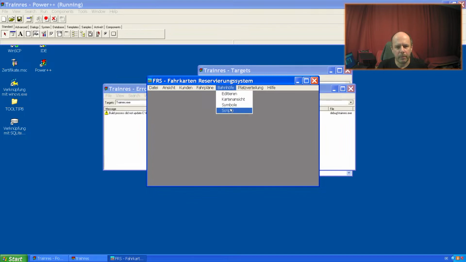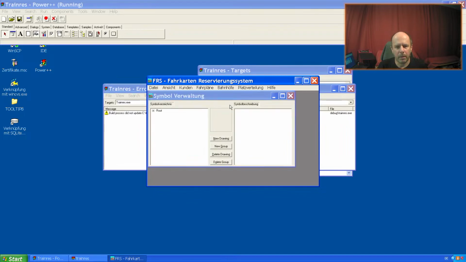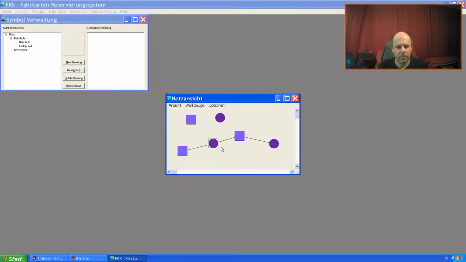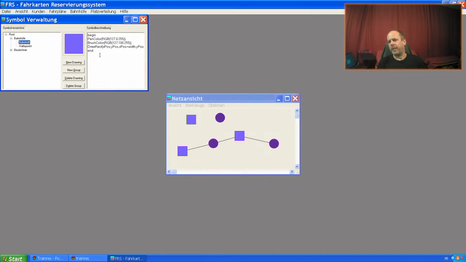But the symbols you see here are interpreted. And this was the next step, our idea.